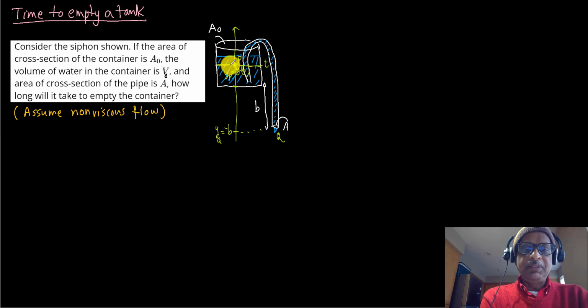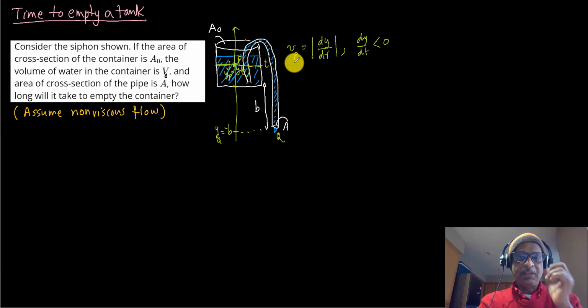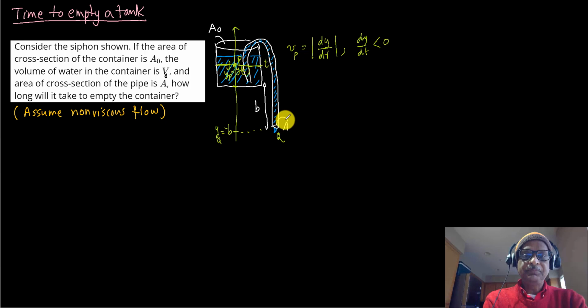And you can see the rate at which this is going, v at point p, is how this height is going down. Of course, this is negative, so dy/dt will be negative. So that's the speed. Over here, the speed at q, v at q, will be